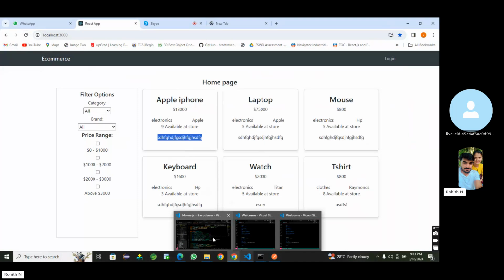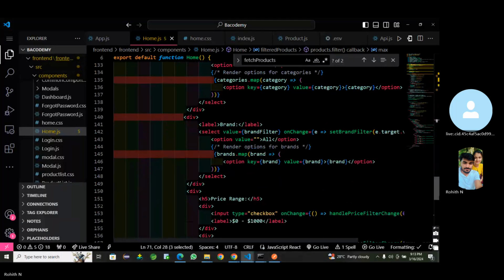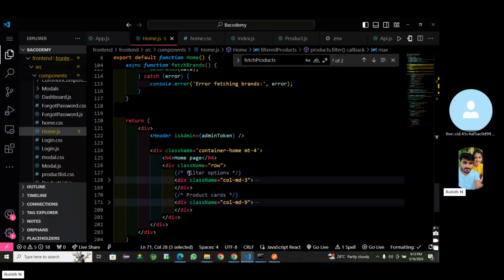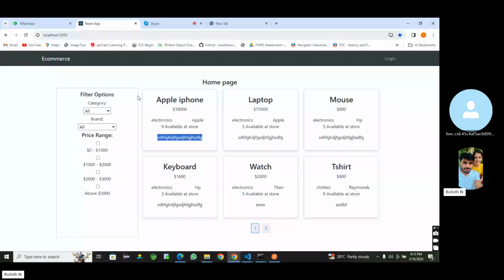So how I have done it in my UI, I will show. I have taken a single row, I mean this is the class name with row. I divided it into two columns, col-md-3 and col-md-9. This entire thing is for col-md-3, and this entire part is for col-md-9. So inside col-md-9,